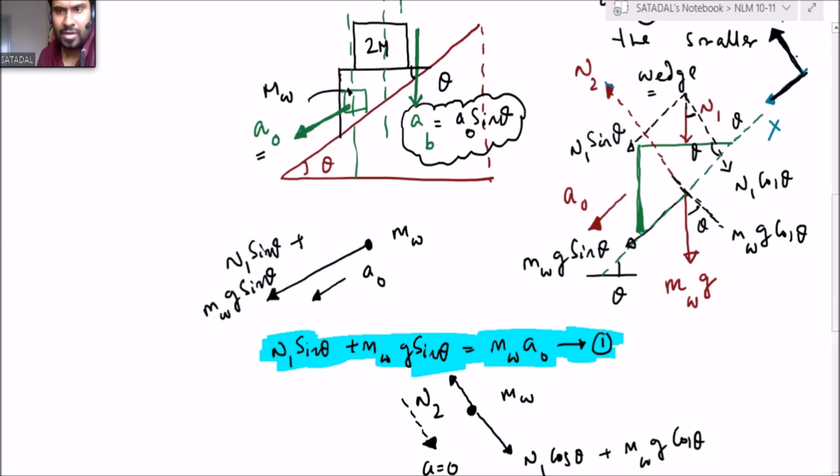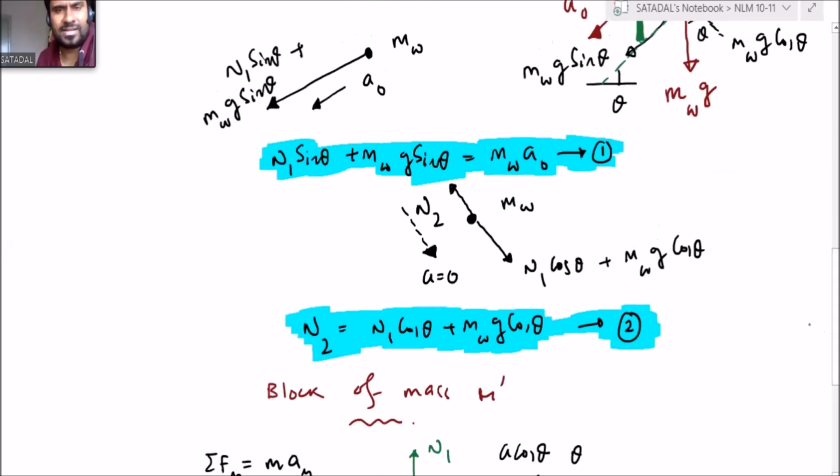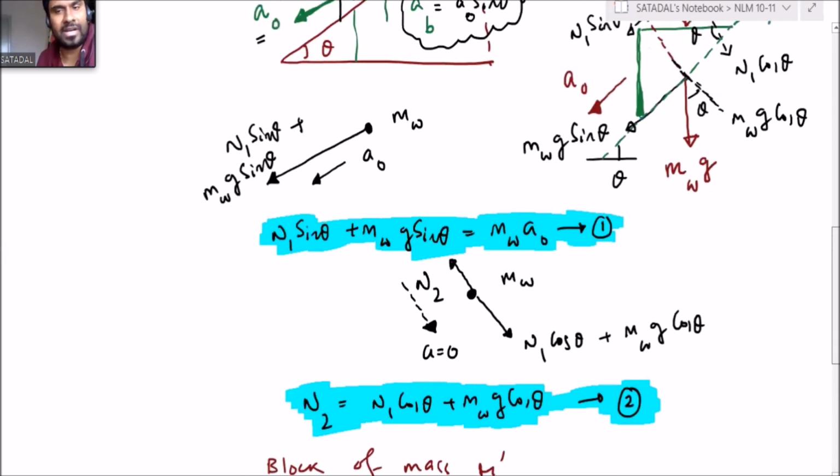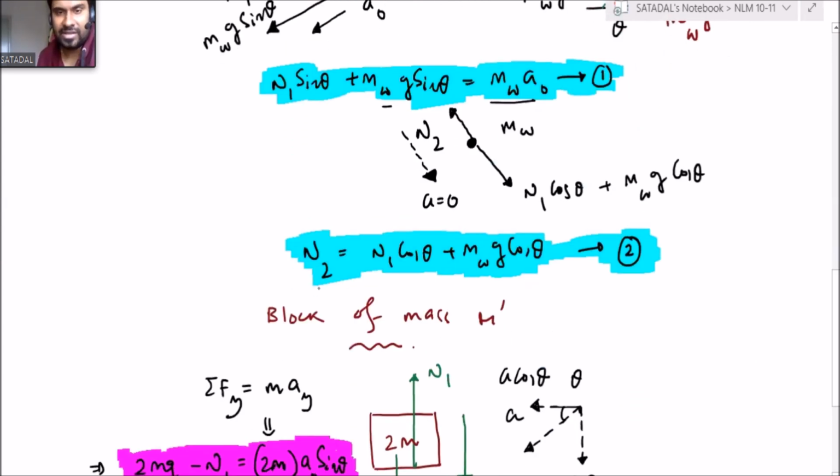Correct, no? Okay, sir. It's simple, Raja. Do not try to understand too many concepts. It's simple. Just find out forces acting in one particular direction. Net force is equal to mass into acceleration. Perpendicular to the wedge, net force equal to mass into acceleration. Now, since there is no acceleration, net upward force equal to net downward force. That's it.